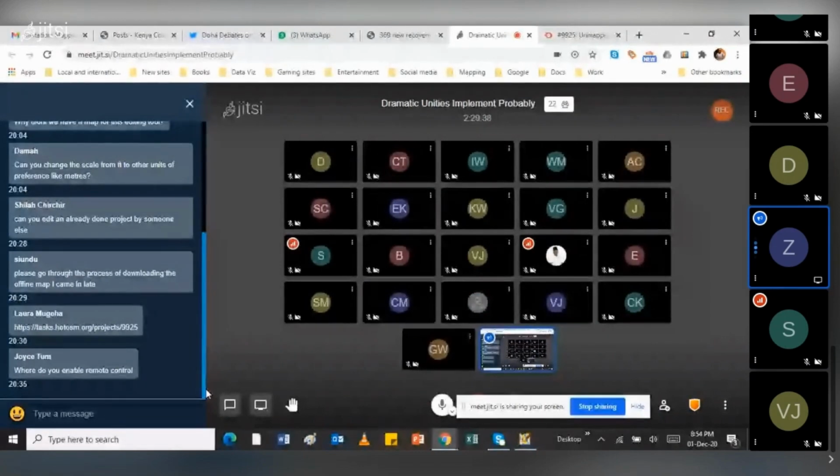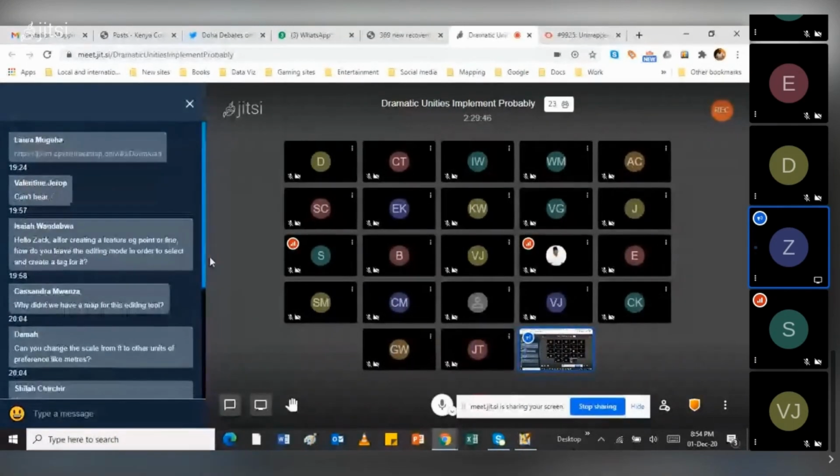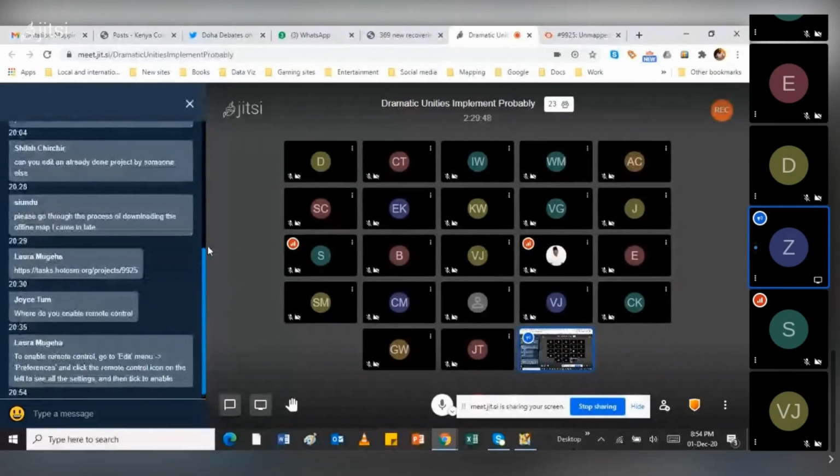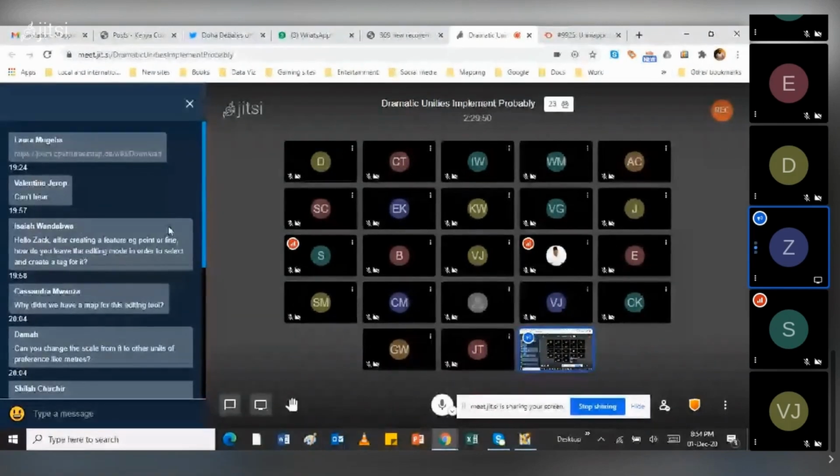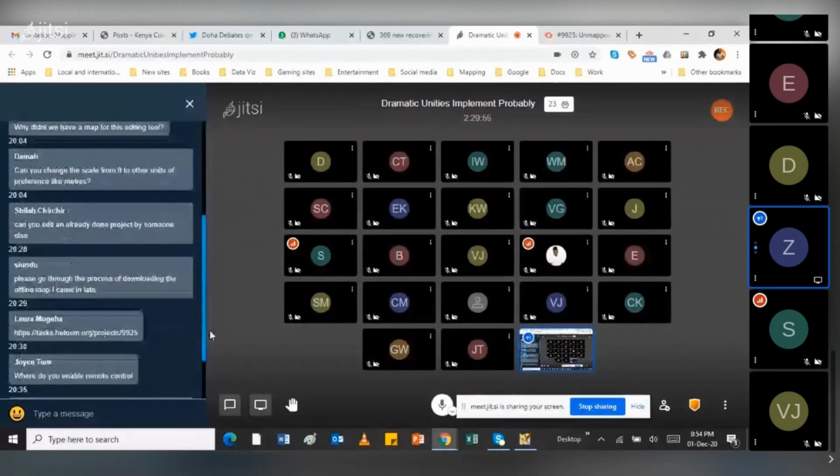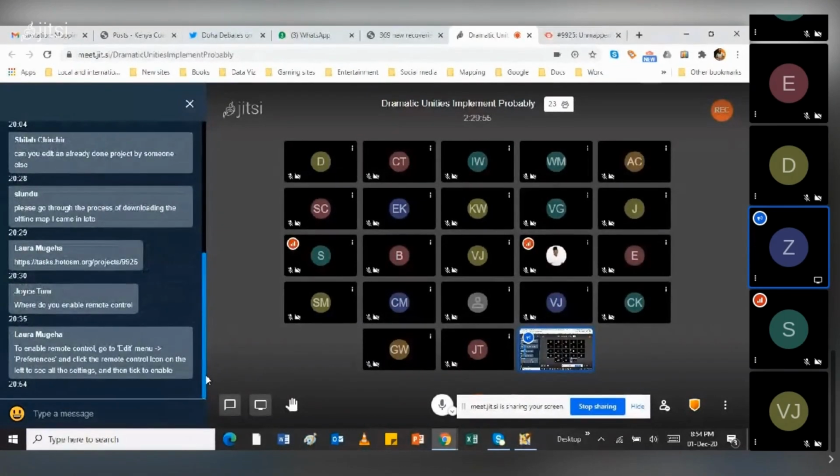I think there was a link that was shared for those who joined later. There's a link in the chat for downloading JOSM. So you can click on it, then you can download JOSM. Then the process of downloading it will also request that, if you don't have the latest Java, then it will ask for that.